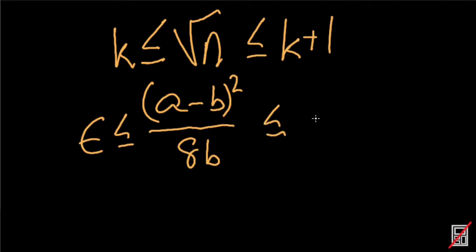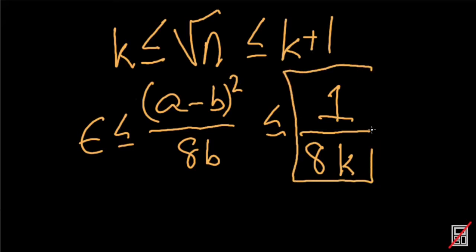This is going to be less than or equal to the difference between our guesses, which is going to be less than 1, squared, which is 1, over 8 times b. b being the smaller one, it'll always be smaller than k. So after guessing off of one instance, our error is automatically going to be within 1 over 8k,